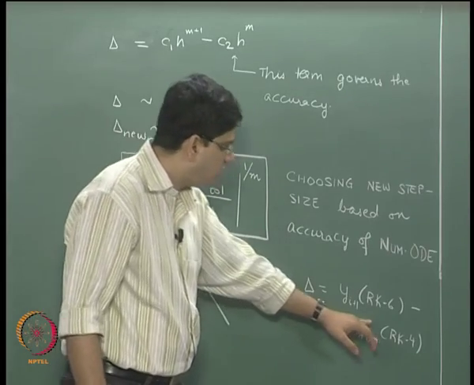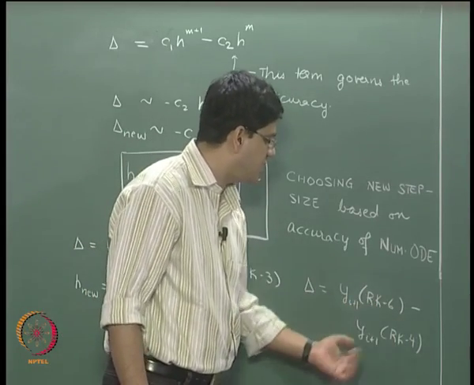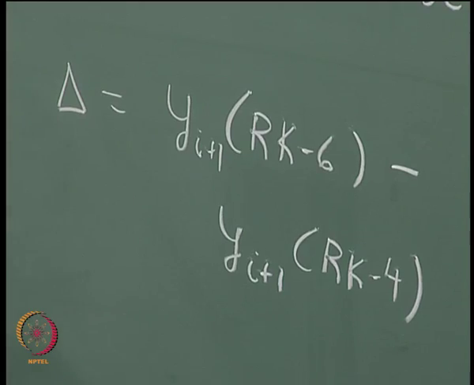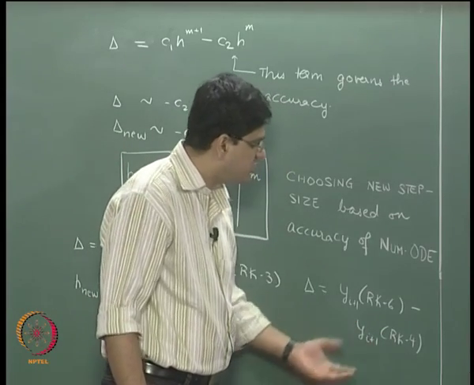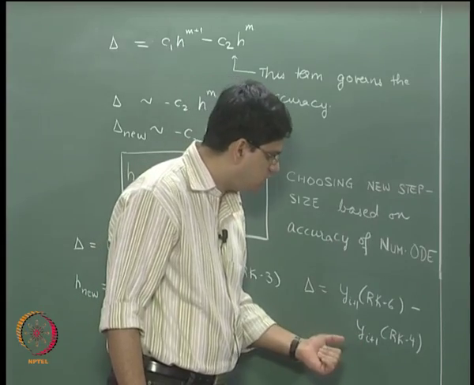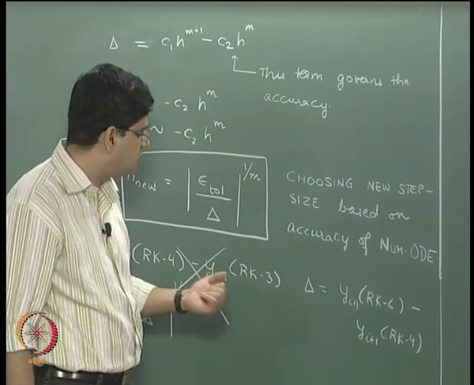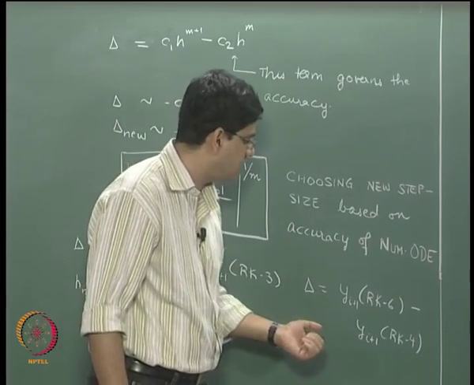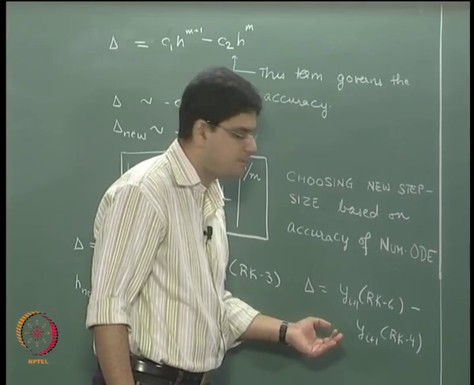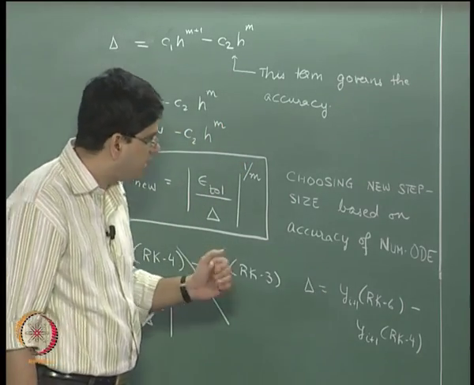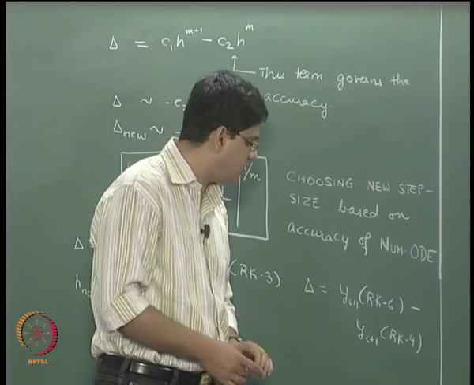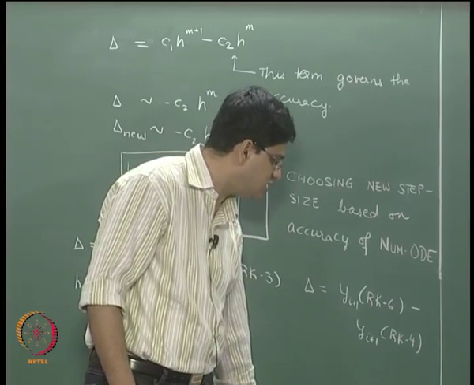One of the first embedded RK methods was the RK Fehlberg method, and after that, in the early 1990s I believe, a new method was introduced known as the Cash-Karp modification to the embedded RK method, and I will just go over to the slides and show you what we actually mean by